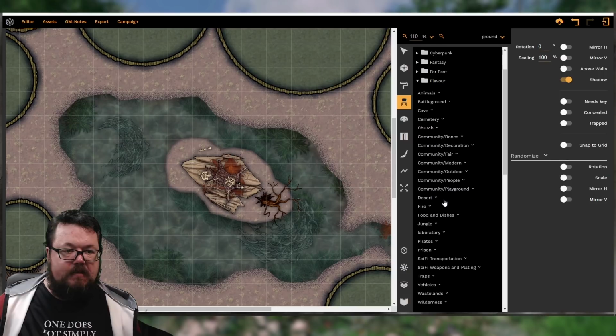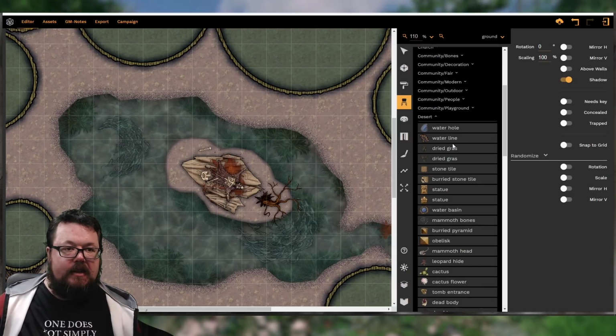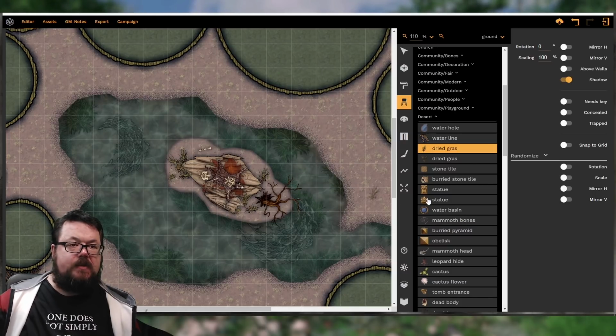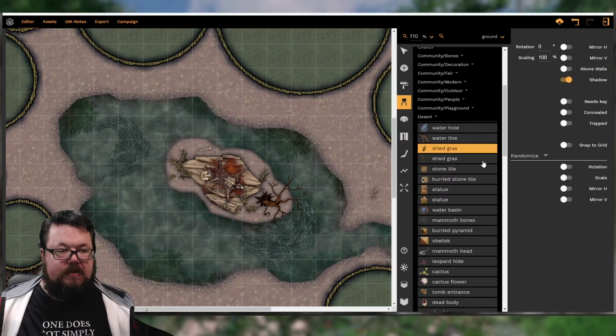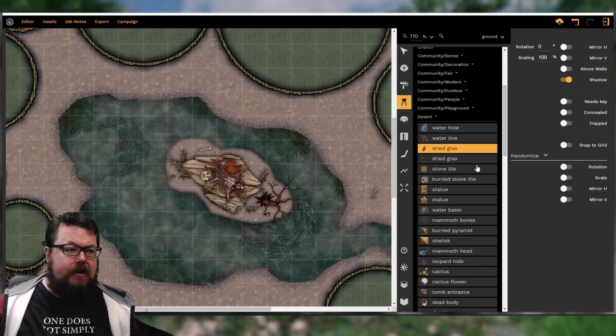So I'm going to go back to desert, because desert had dried grass, which was quite nice. So we can come in here and just plop down some dried grass. Make this feel a little bit more real. Okay, great. And the rest we're going to use a brush tool to clean up as we so need. We don't need it just yet. Right, good. Next